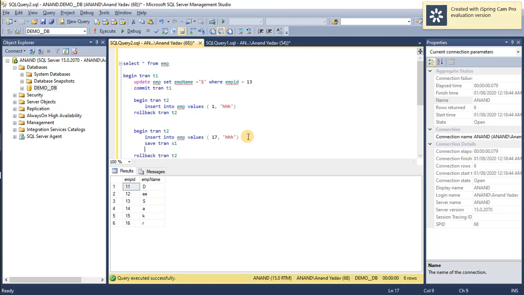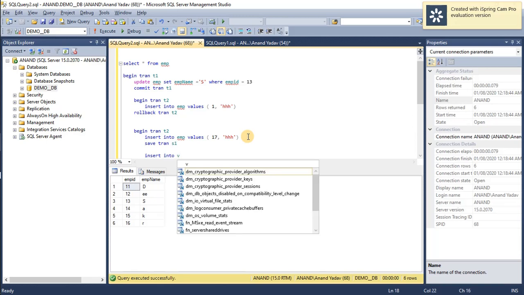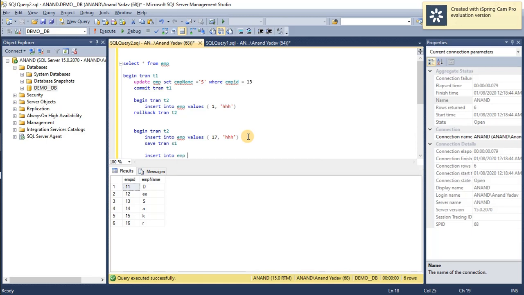So I can do that with the help of this savepoint. So let's see, here again I have added one of the transactions, insert into emp values, and this is again an id with less than 10.